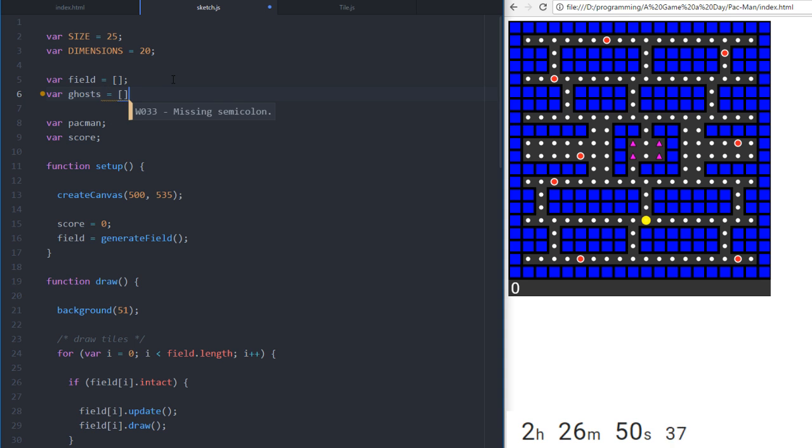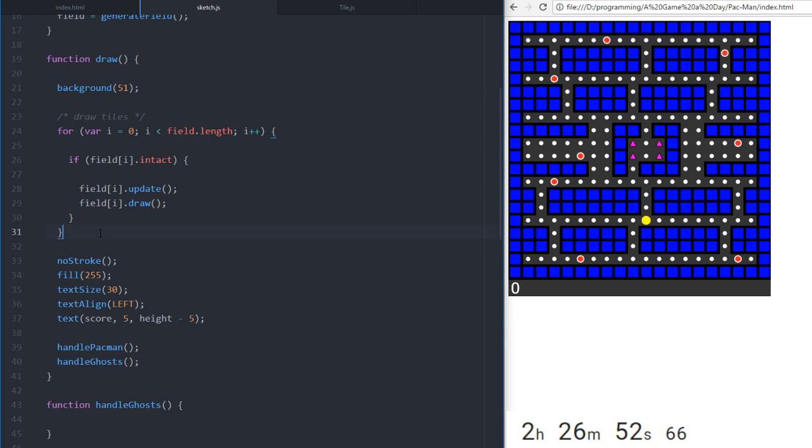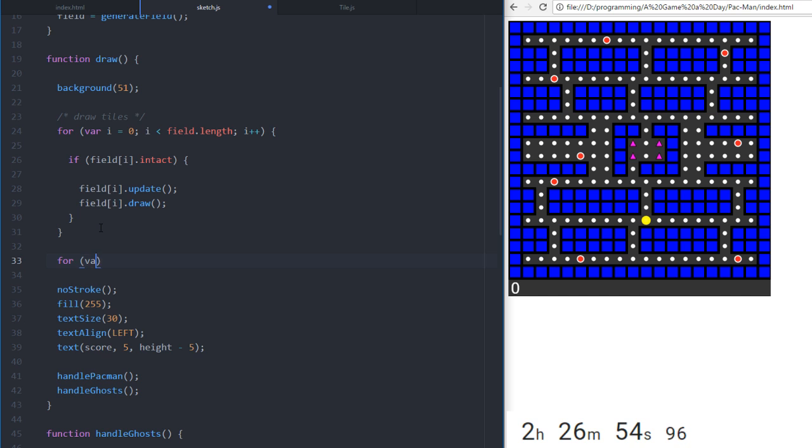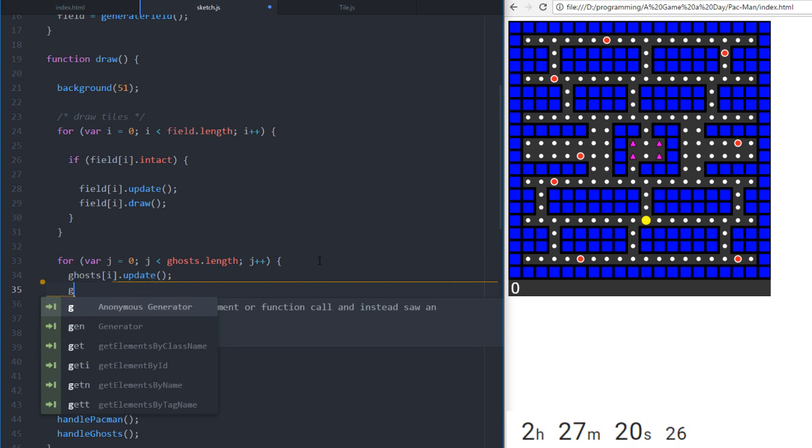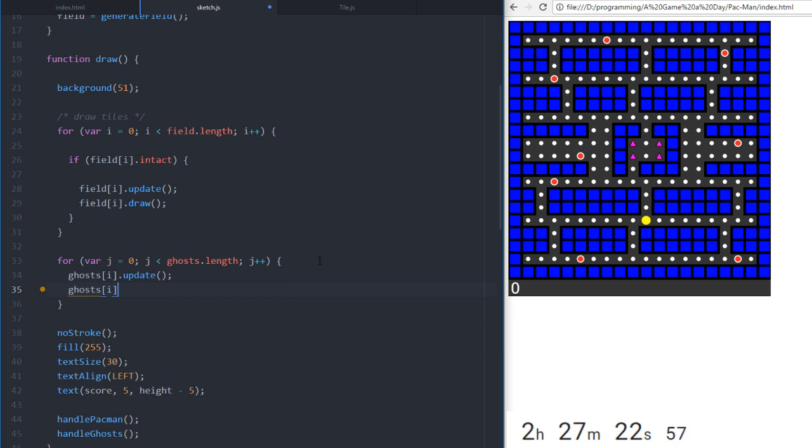And then that will also equal an array. So for var i equals 0, i is less than ghosts.length, and we're gonna have to actually use j, so I'm switching back to j now. And we'll say if, well, obviously it's gonna be intact, ghosts of i dot update, ghosts of i dot draw,